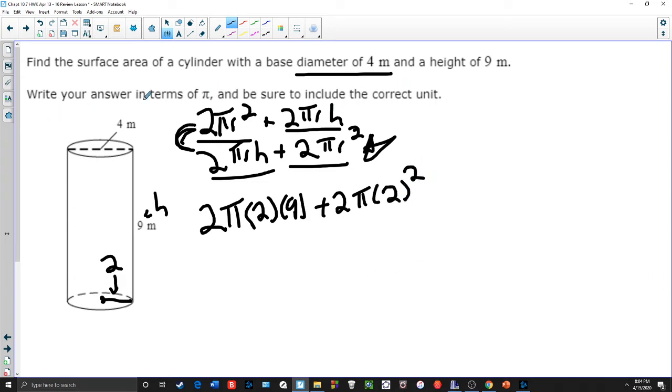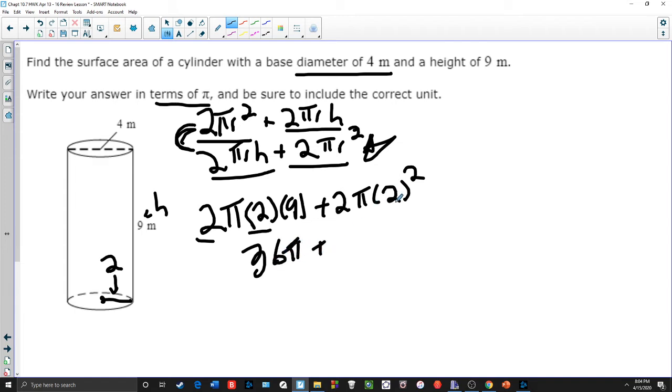Now it says write your answer in terms of pi. So if you hear that phrase, write in terms of pi, that means they don't want you to multiply the pi in. Treat pi like an x, essentially. In terms of pi means treat pi like an x. So you wouldn't multiply the x in there, you just keep it at the end of the number, right? So here I'm going to do 2 times 2, which is 4, and then 4 times 9, which is 36. So 36 pi